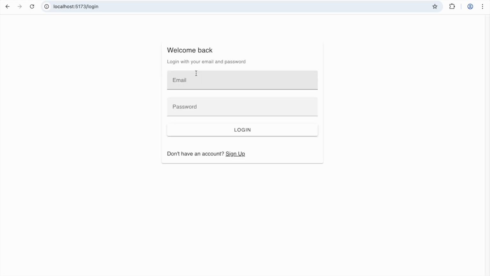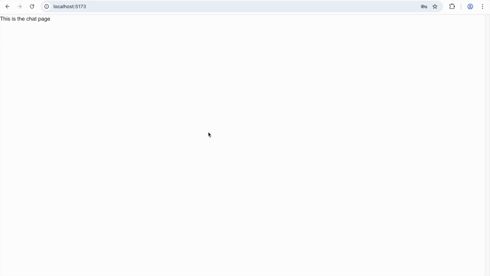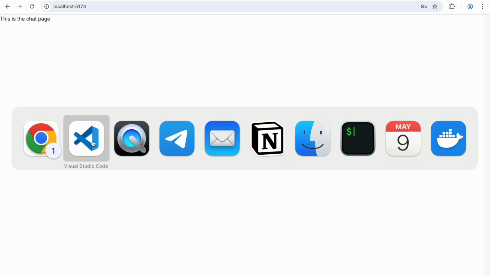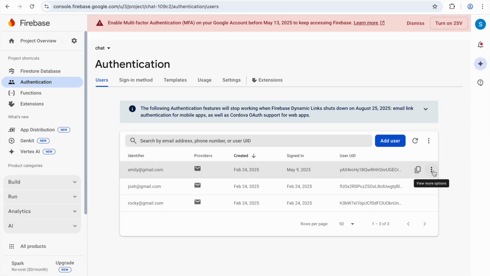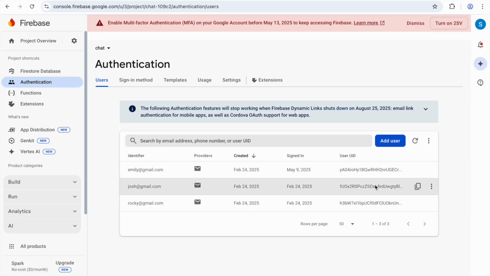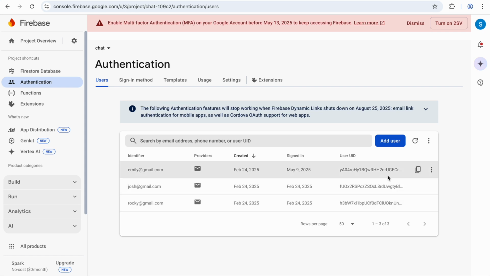We have the login page that we created in the last video. I am going to log in as one of the users that I had signed up with, and once I log in, this is the chat page that we left with, and we're now going to continue with the same. So the aim this time is that we have these users, but to show up a list of